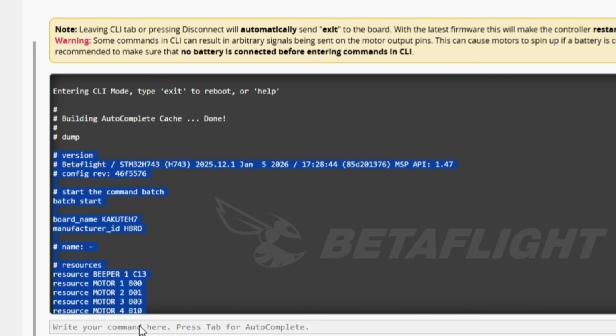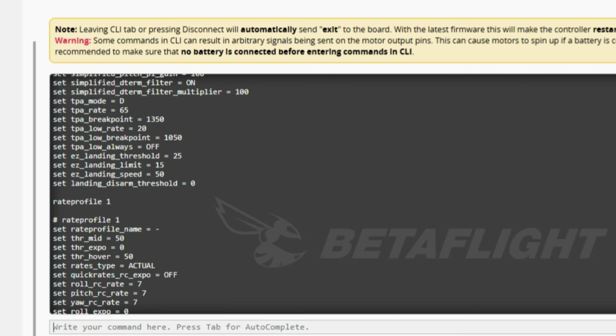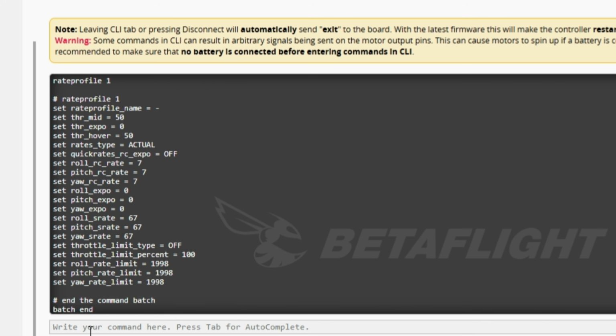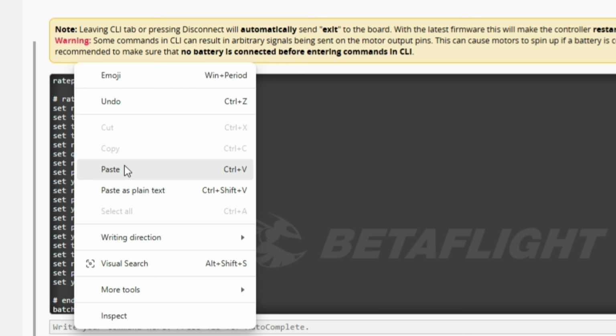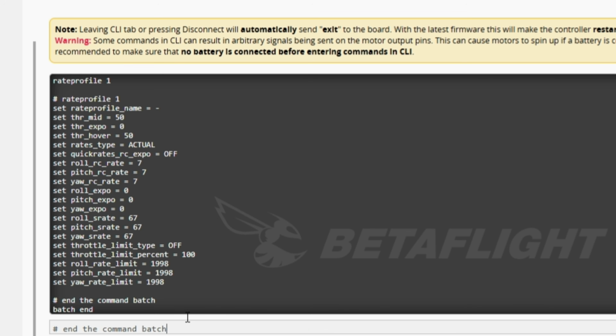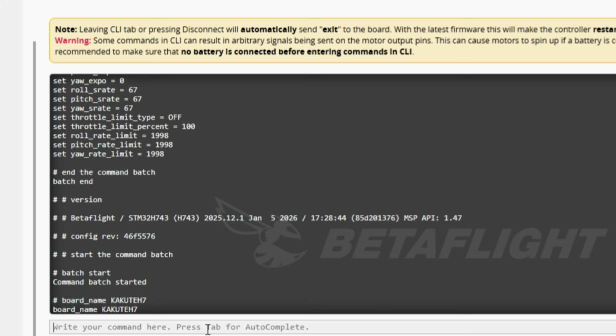It's in my clipboard, so I'm not going to worry. And let's say you want to order a drone that has been flashed but has not been configured. Everything here will be blank, and you just have your little welcome for your CLI. You can just right click here, click paste,